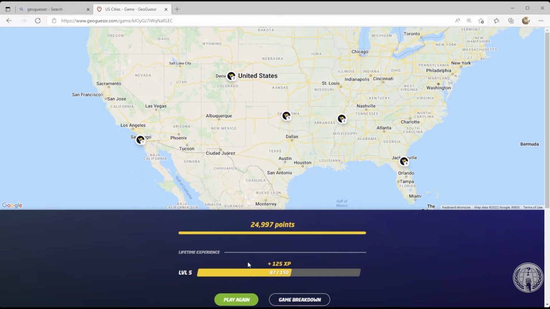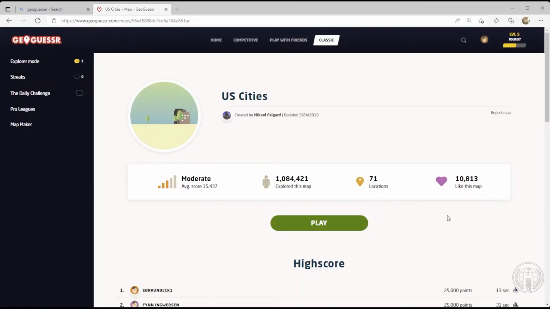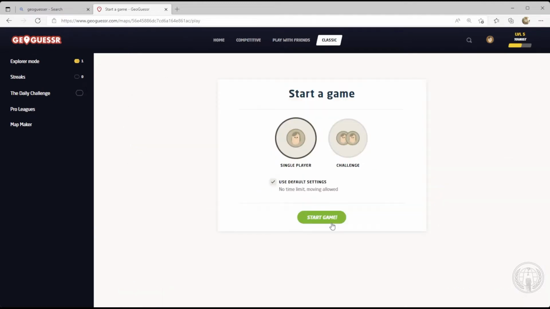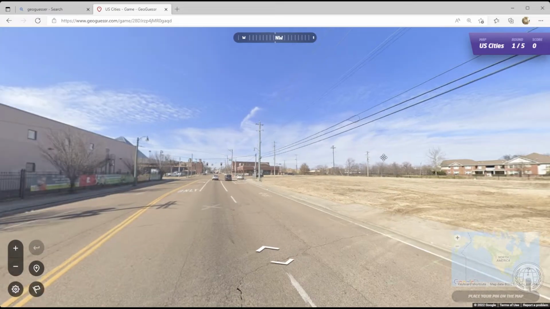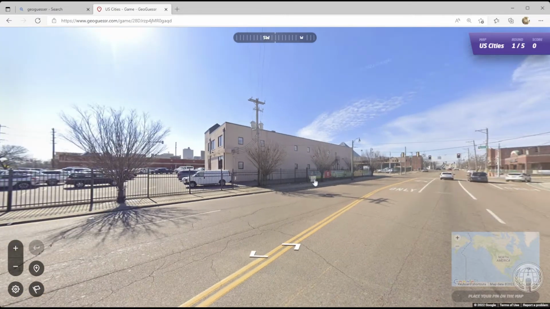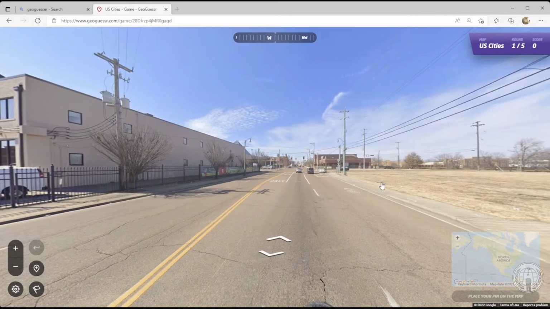I think we're going to do this one more time just to see if that was a fluke that I did well or if I actually know my cities. All right, let's try it again. Now they make it tougher. Okay, so now we are...